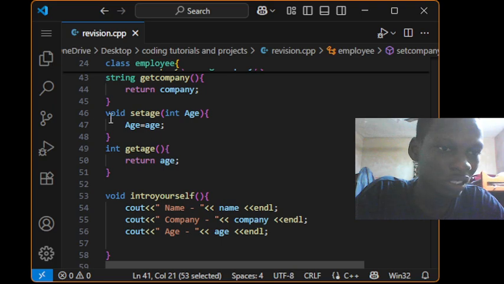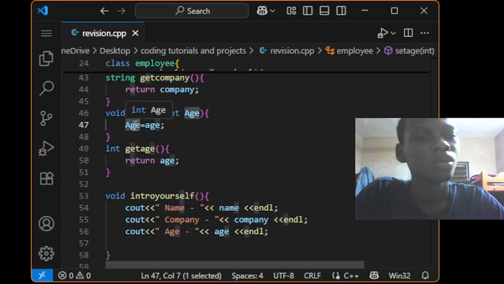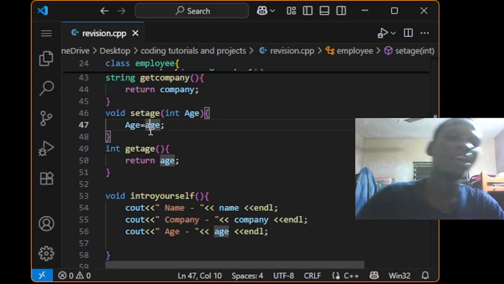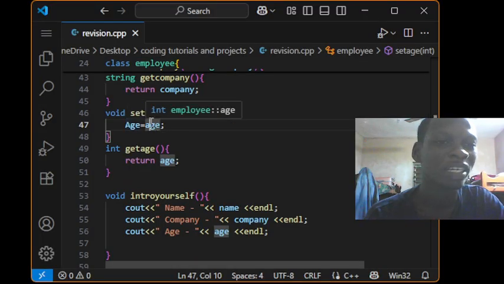So the same thing is being done to the age, and then it's being stored in the variable age. And variables are case sensitive, so age with capital A is different from age with small a. So you just store it in there, and then you use